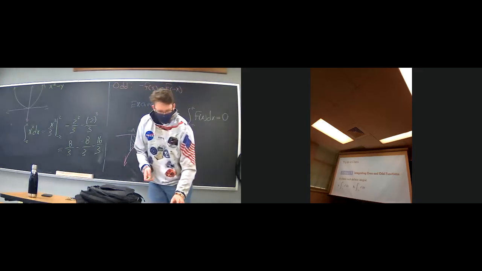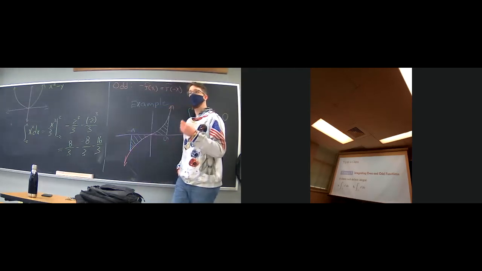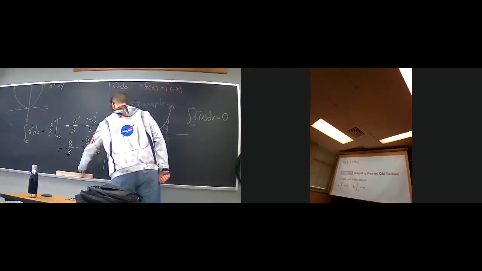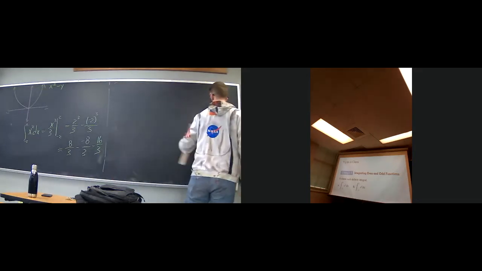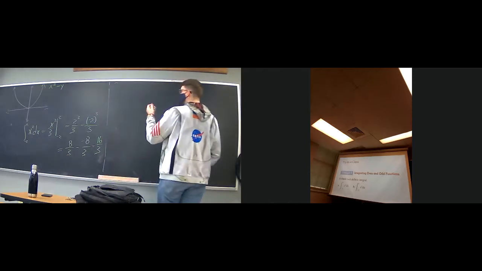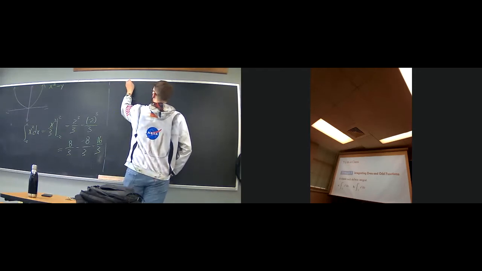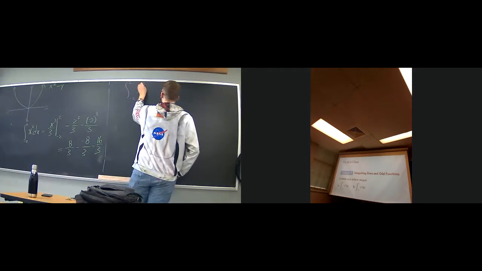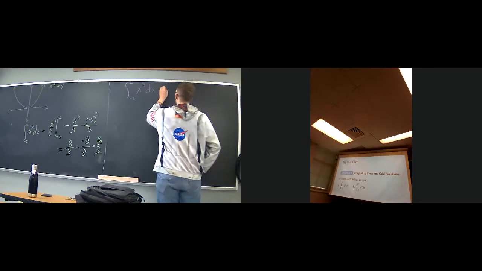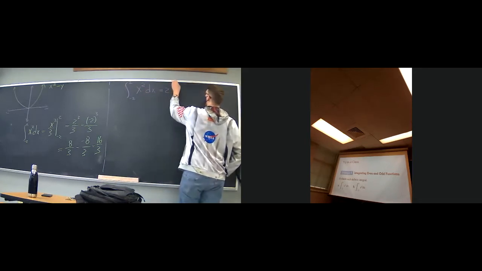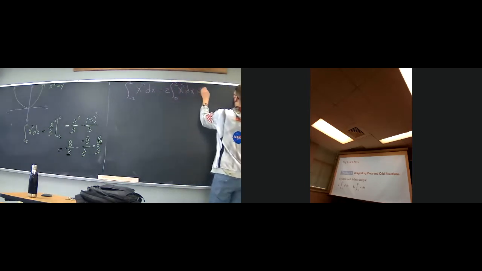Now, if we had just used the trick we were just talking about, the property that odd and even functions can be integrated in particular ways, some of the arithmetic here would have dropped out. What I mean is, we could have said: the integral from negative 2 to 2 of x squared with respect to x is equal to 2 times the integral from 0 to 2 of x squared dx,